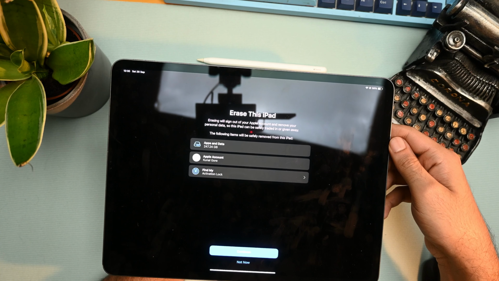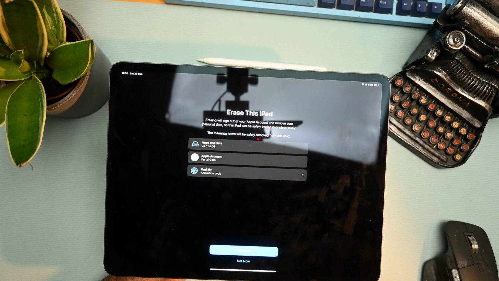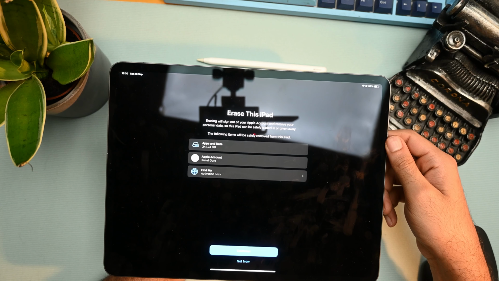So this is the simplest option. I'm not going to click on continue because I'm not planning on selling this iPad, but yes, you need to click on continue and follow the prompts and you should be able to have a brand new iPad which is